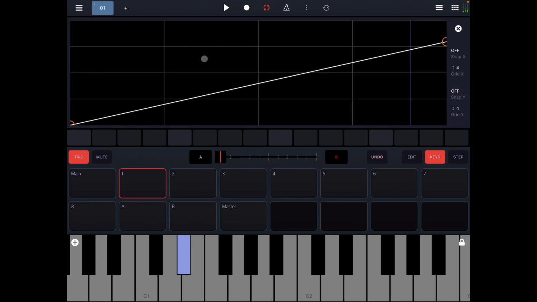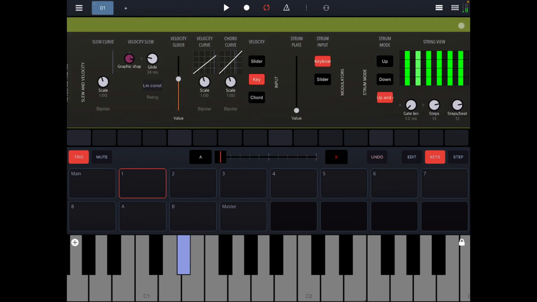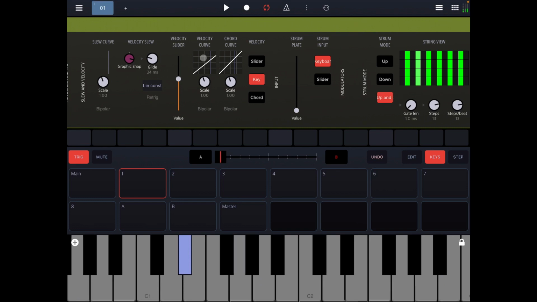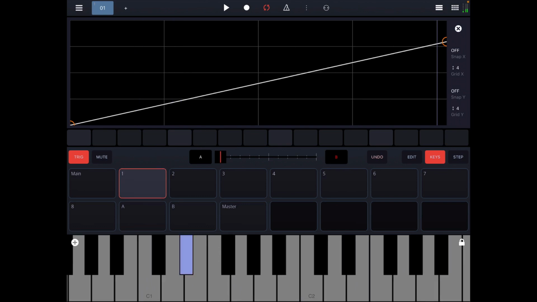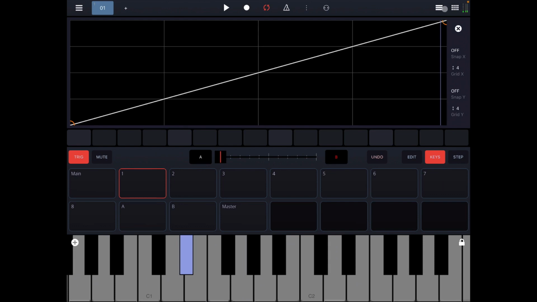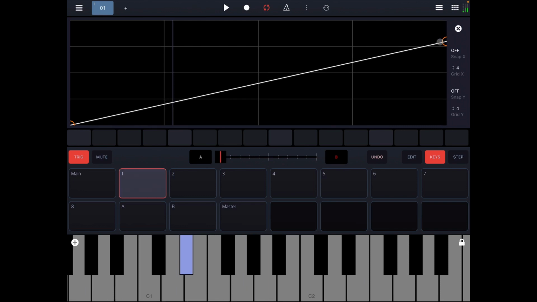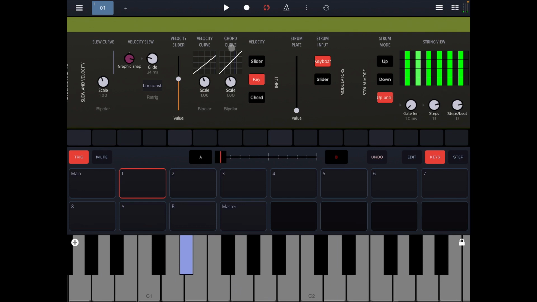These are grayed out, but when you open it, this is how you can set the curve. So if you're playing with a MIDI controller, which I wanted to, but mine isn't working right now, you can set the curve. So these are both shapers. It's taking an X position, so velocity input, and then it's mapping it to a Y position. So this would be 1-to-1, whatever I play in velocity, it's going to send out. This is just going to change it a little bit. So here, I'm playing maximum velocity, almost maximum, but it's sending out a little bit less than maximum. So that's what the curve is. And